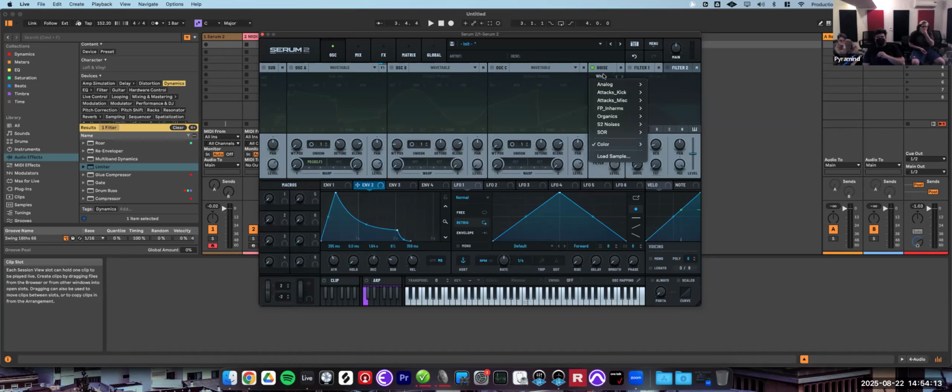And then we have a couple of different options for this noise color. So we've got white noise, which is equal at all energy levels. There's also pink noise, which is a little darker by default. Brown noise, even darker by default. And then this Geiger noise, which is